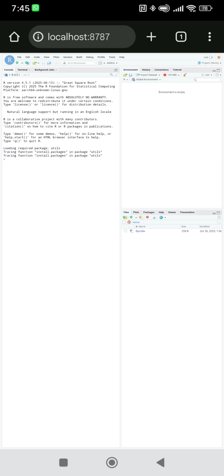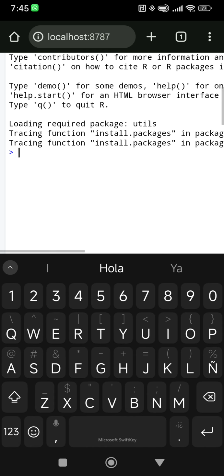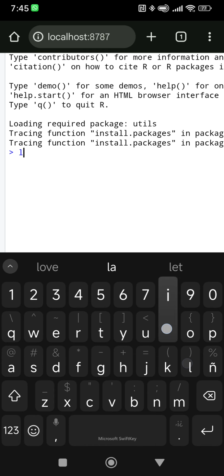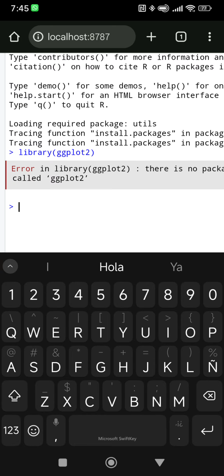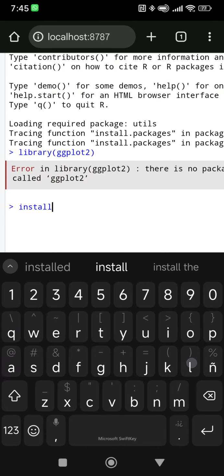Okay, I have to correct the scripts, but for now you can just stop RStudio and then go back again, and I will show you that I don't have the library, let's say ggplot, but if we do install.packages,